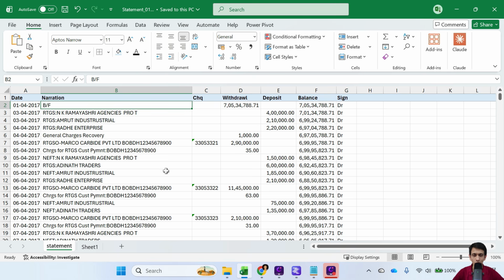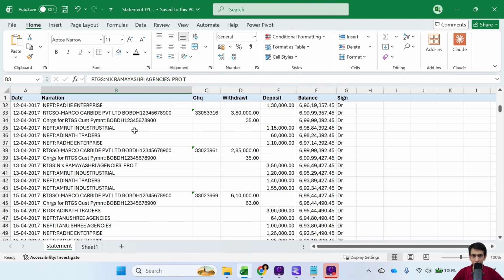Okay, so what we need to do is, from the narration columns in this statement, identify which parties are related parties, which parties are there. Okay, and then we need to calculate the debit credit summation to check if those amounts match in totality. Now for this, the first tedious exercise is that we need to identify how many parties